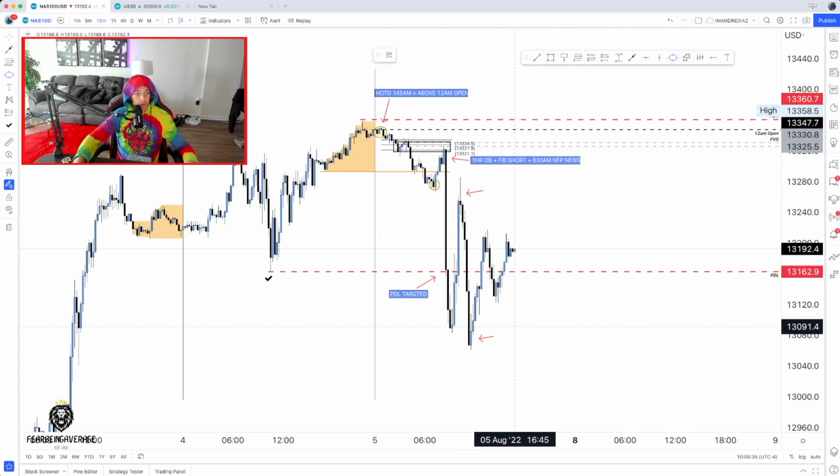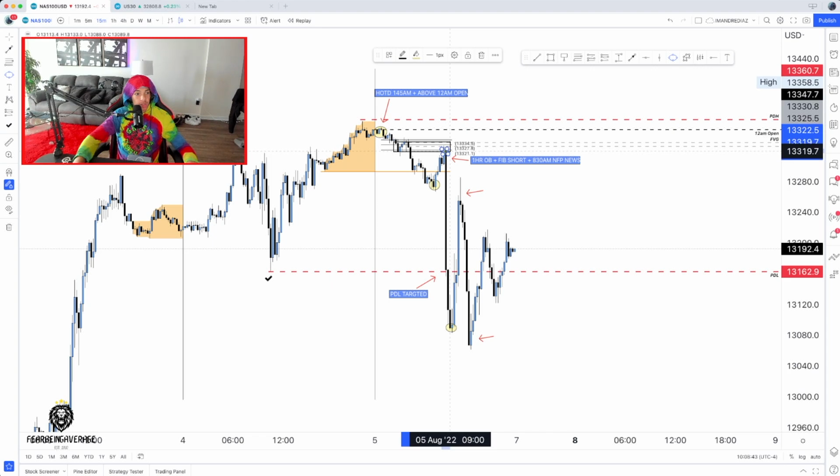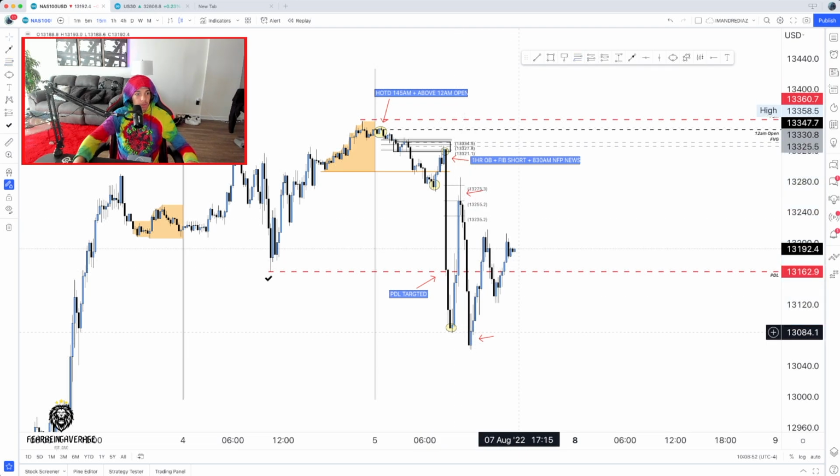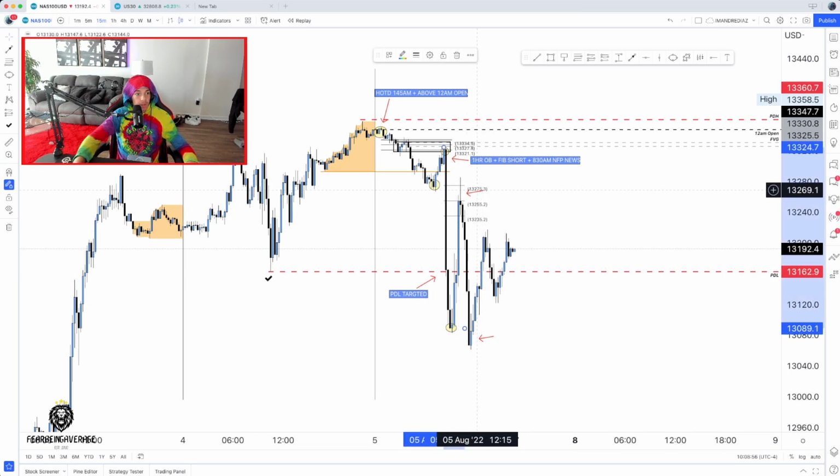So what I'm going to do now is pull another fib from this low. This is the low where price stopped moving after we ran the low. And this is the high in which that major move from NFP started. So I'm going to pull my fib from that NFP high to this short-term low that we got right here. And then from there, what do you see? For one, we have another fib short.